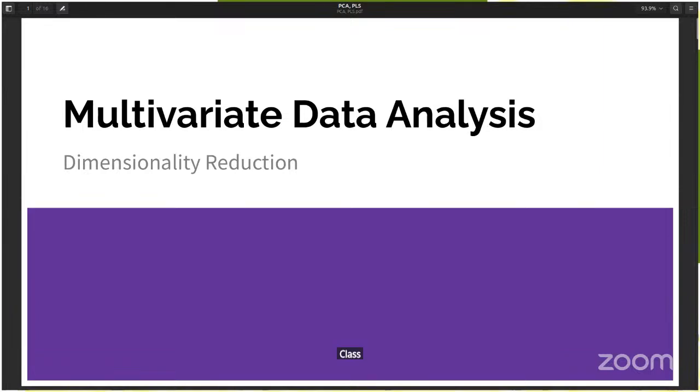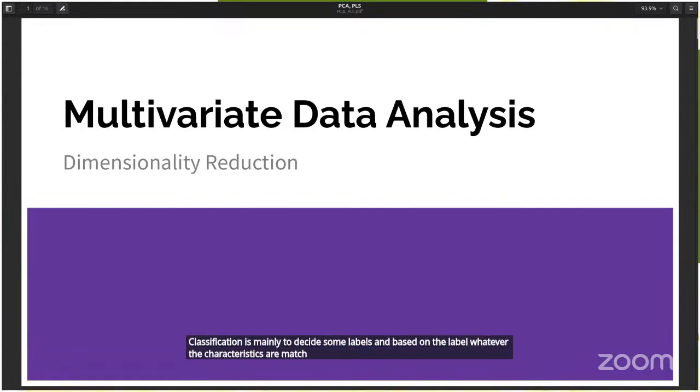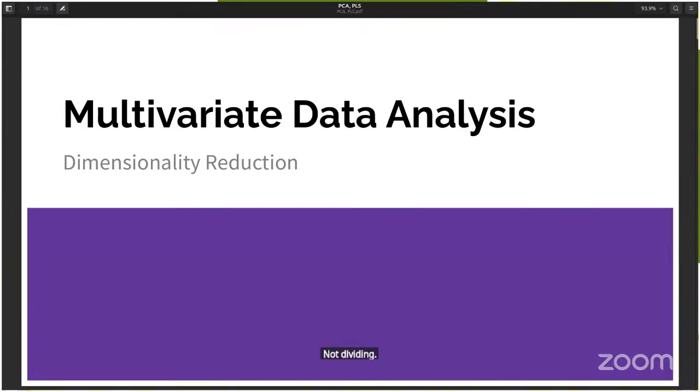Classification is mainly to decide some labels, and based on the label, whatever the characteristics are matching, we are dividing the things accordingly, categorizing the things. Yes, that is correct. In the regression, it's all continuous real value numbers, right? Okay. So if you think about features, in that iris example, you had four